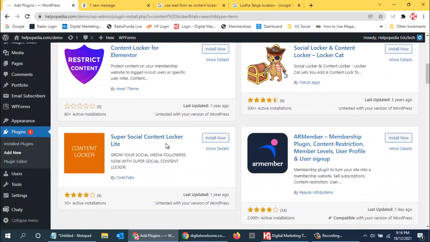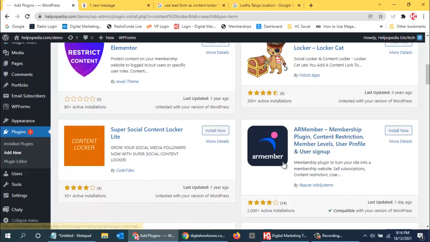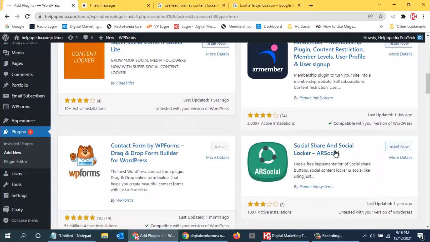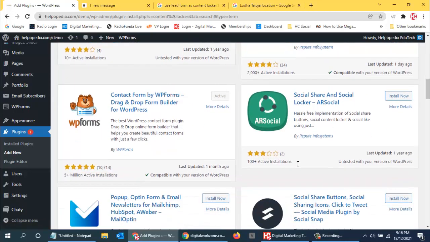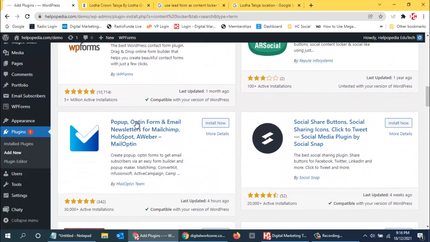A membership plugin for content restriction. Here you can restrict the content. There are various plugins over here which you can use. Opt-in form over here.